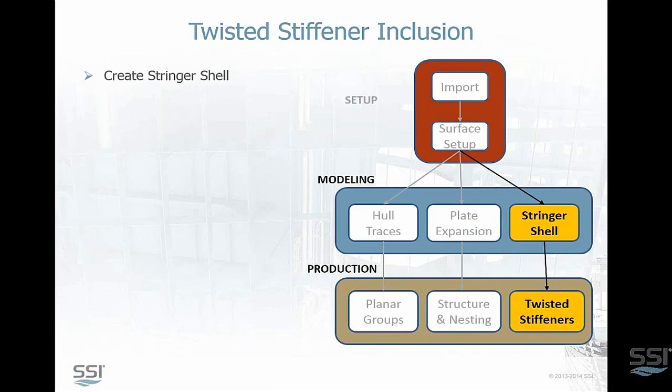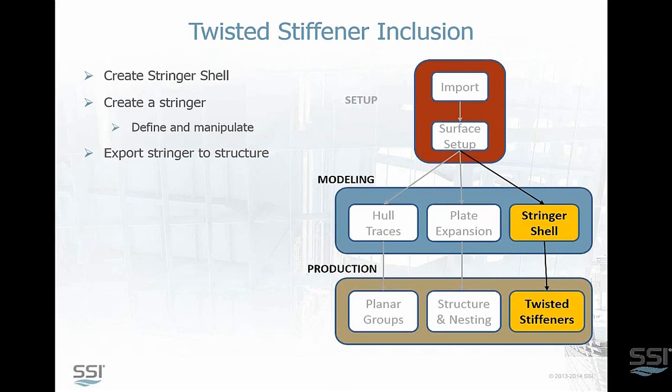So first we'll create a stringer shell, and these are created from parallel section curves, and that makes it easy to model the stringers so that they can span multiple surfaces. Once we have that stringer shell, we can create a stringer, and then from that, what I'll demonstrate is how, once the stringer is created, we can define it, we can manipulate it, and then we'll export that stringer to structure, and then again demonstrate that relationship between objects in hull and objects in structure